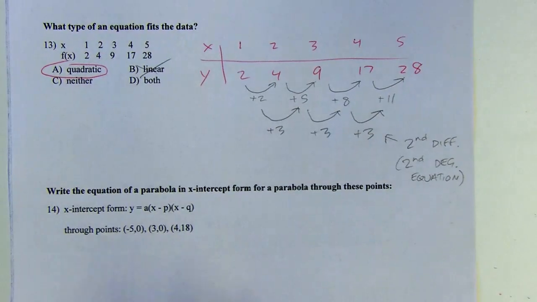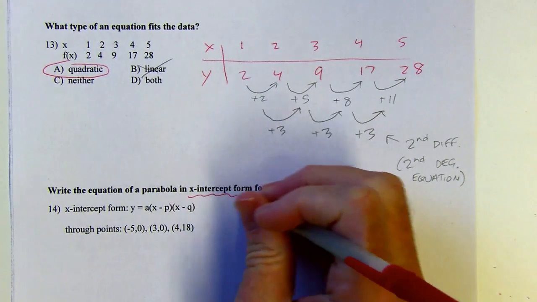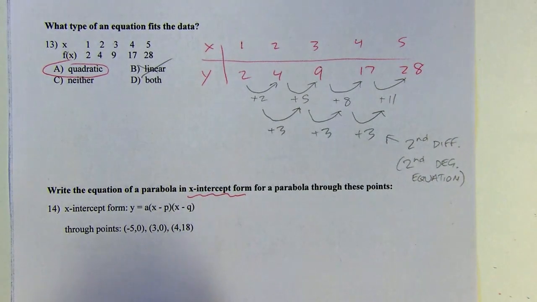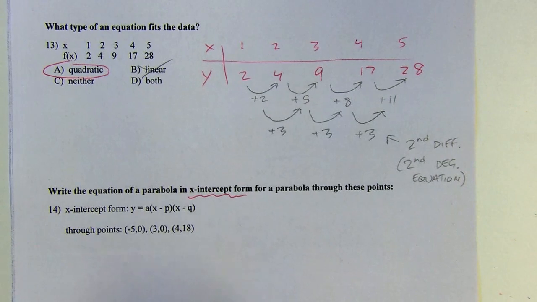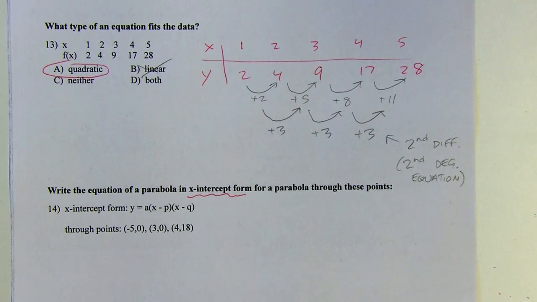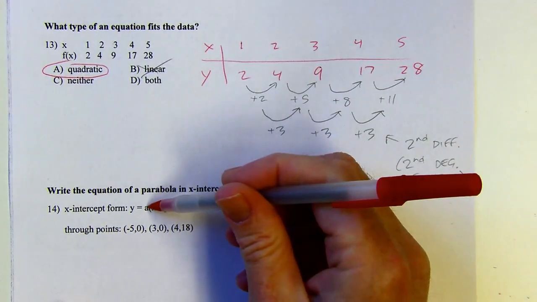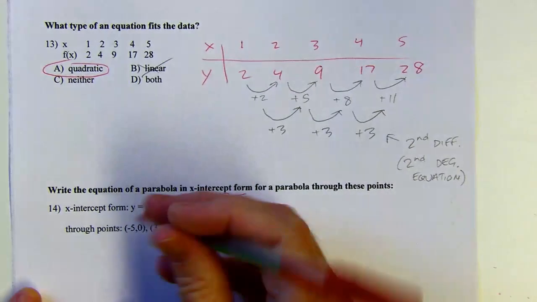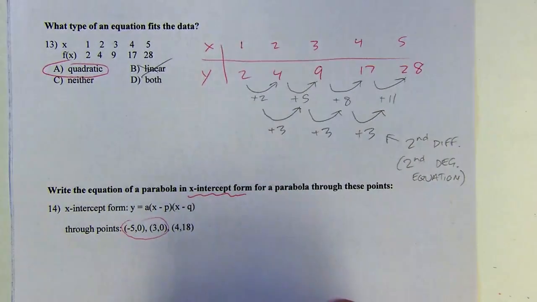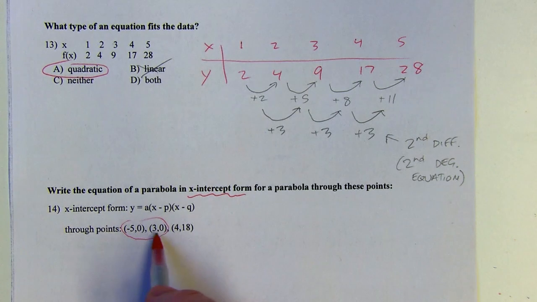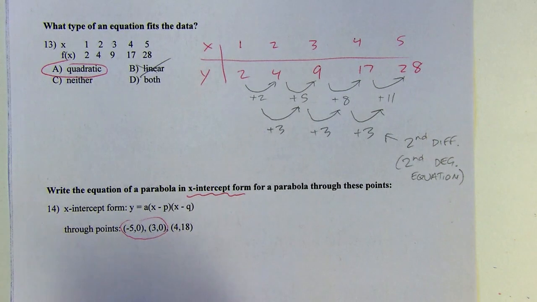Next up we've got x-intercept form. In x-intercept form, they give us the equation right here. What I'm going to do with this is put in my two intercepts and attempt to find the a value. This is going to work nicely when I have the x-intercepts, which I do there. These are both on the x-axis, so that's where my parabola is going to cross